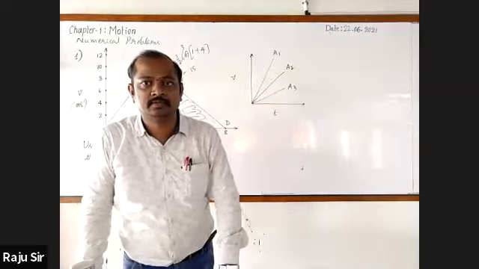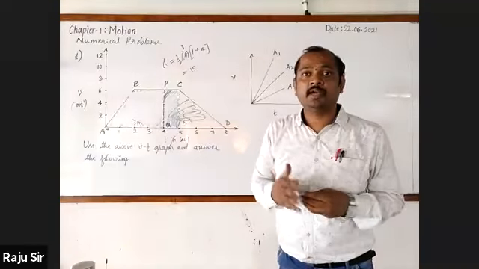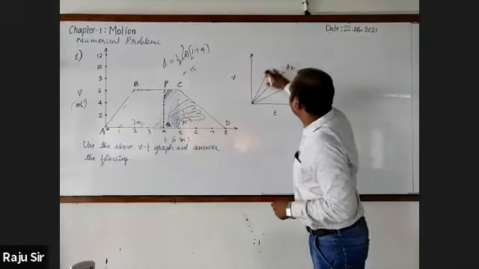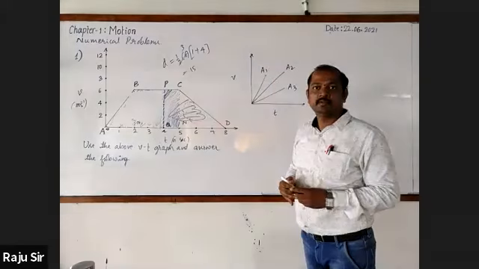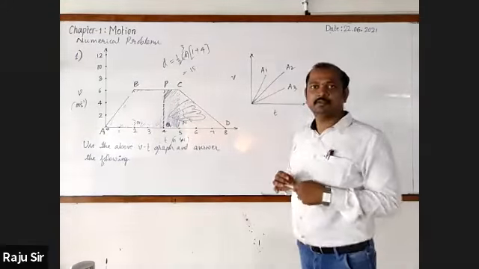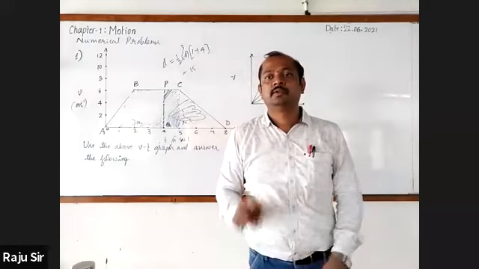In which of these three, uniform acceleration is maximum? A1, A2 or A3? A1. Do you know why A1 has greater acceleration? Because the height is longer. Velocity is more and time is less. Enough. Just observe. If greater height, then I'll go for taking A1. Do you say that A1 is greater?